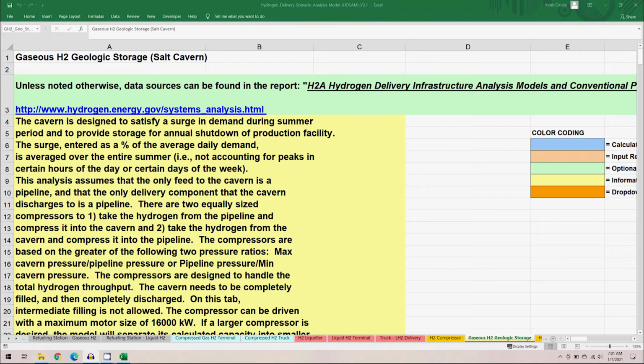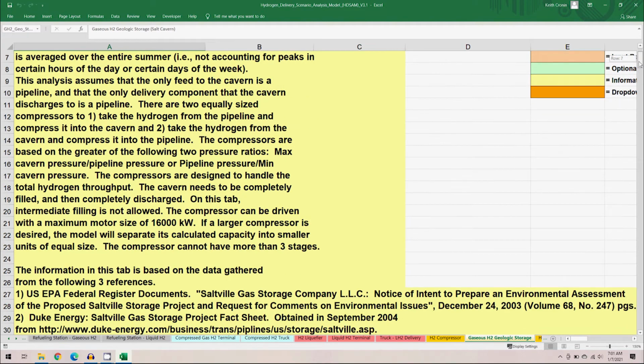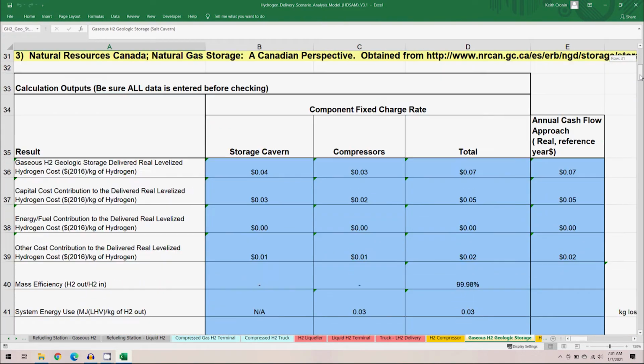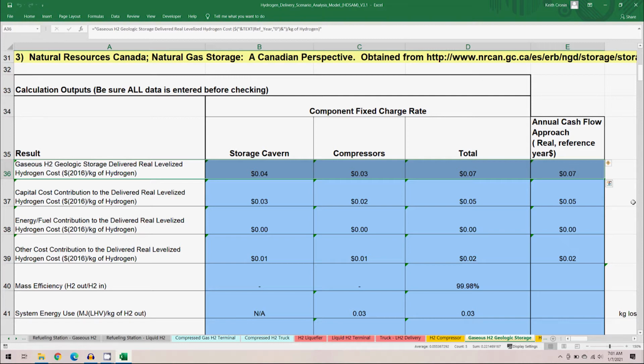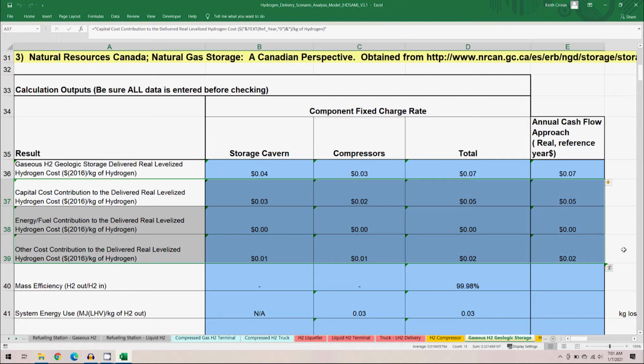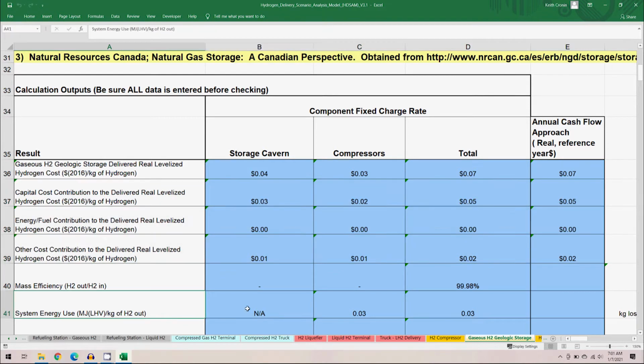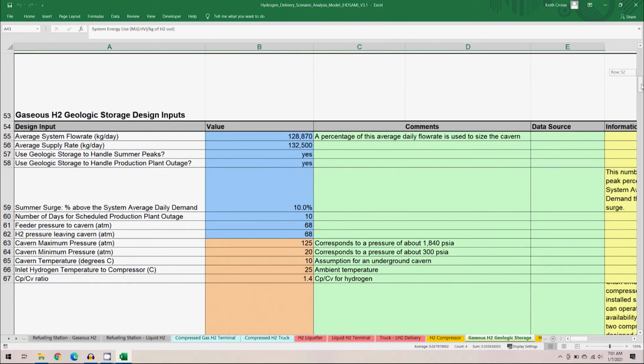On the gaseous H2 geologic storage worksheet, there are some notes regarding geologic storage that precede the calculation outputs table. The primary outputs in the calculation outputs table are the delivered real levelized hydrogen cost portion from gaseous H2 geologic storage, comprised of the cost contributions from capital, energy and fuel, and other costs, as well as the output of system energy use. In the first inputs table, geologic storage design inputs,